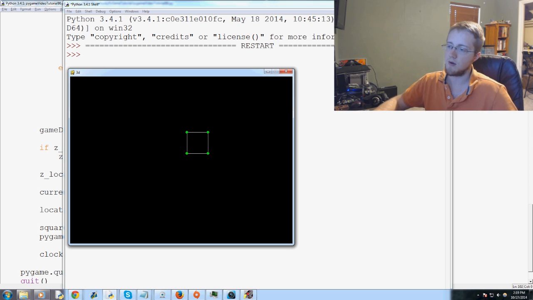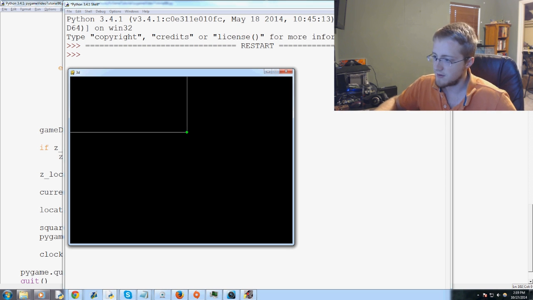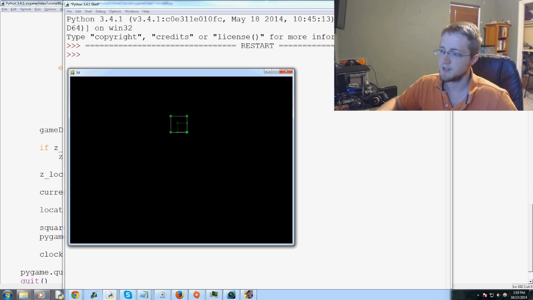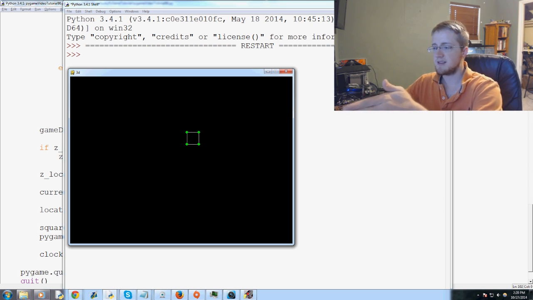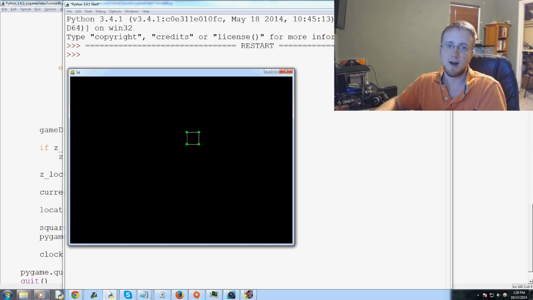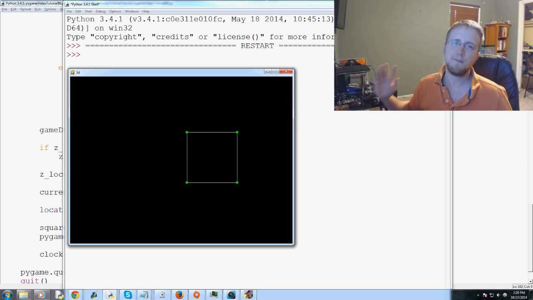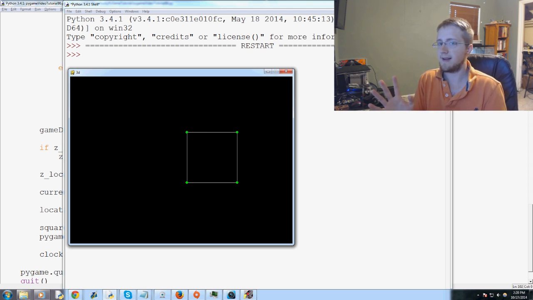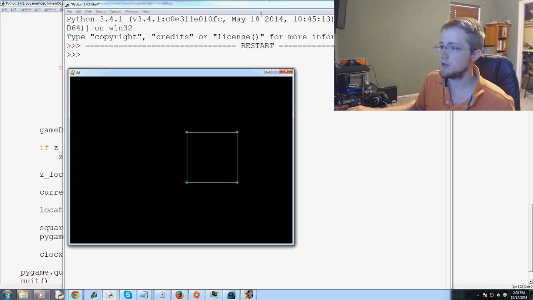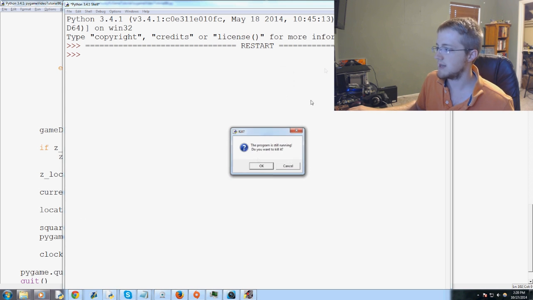So what would change that? Well, as you zoom in, or as you get closer to this square, obviously it's flipping here, but that's just because our values are getting too big. But anyway, as you approach this square, you would expect the right-hand side of the square to expand faster, but the left-hand side would expand slightly. So what we could do is close out of this, and